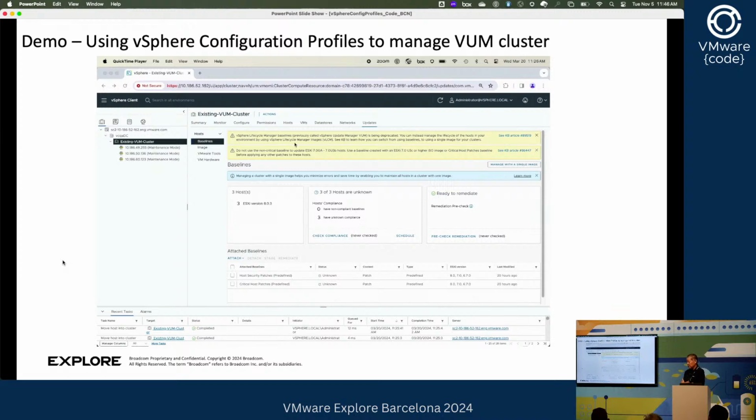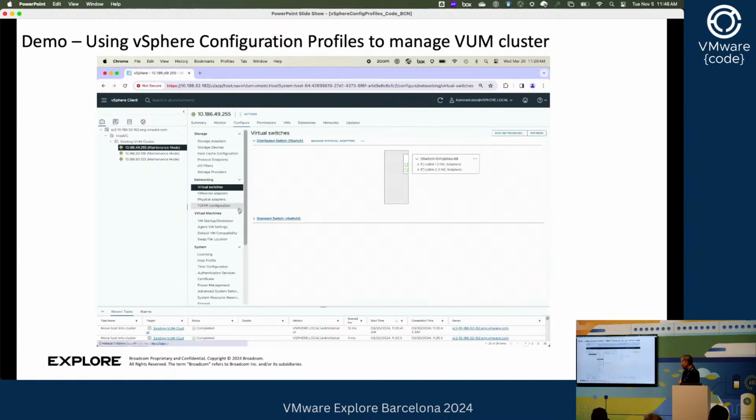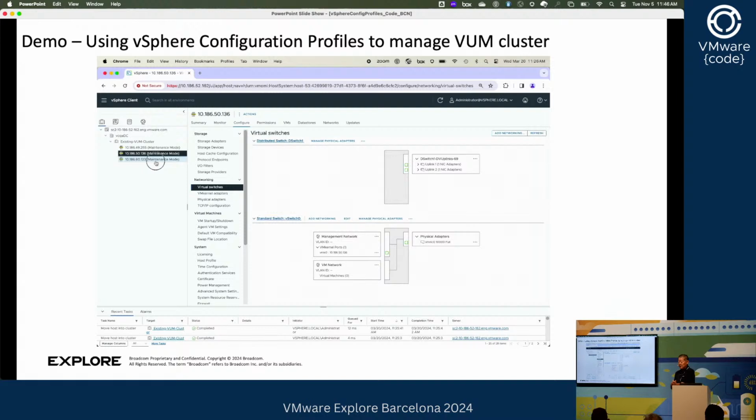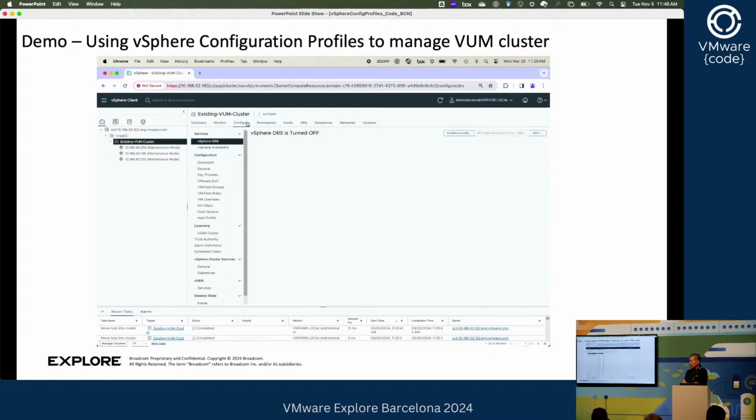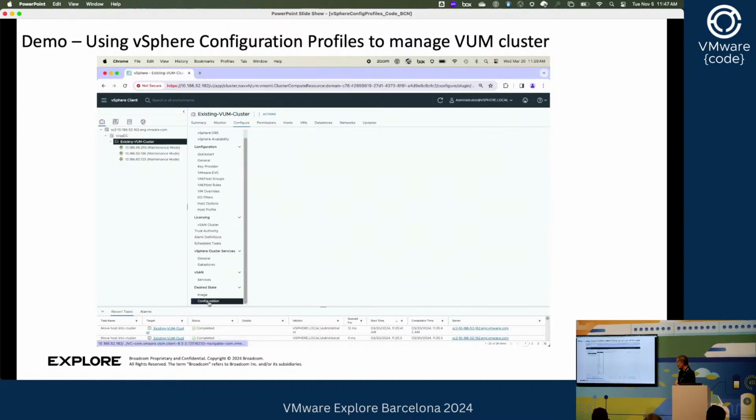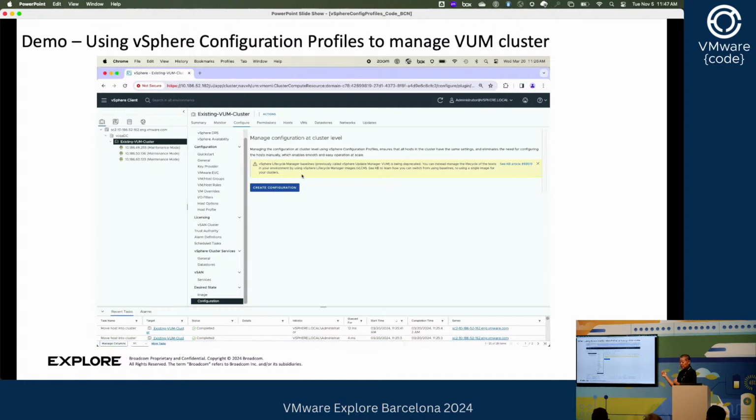Okay, so here there's a baseline managed cluster. And you can see that it's already configured, but we don't have this cluster enabled for vSphere configuration profiles. So we can go to the Configure tab there and say Create Configuration. So this is again for an existing cluster. You just go to the Configuration tab and you say Create Configuration. That'll generate a configuration profile. I guess first it's checking to see if it can do it, and then